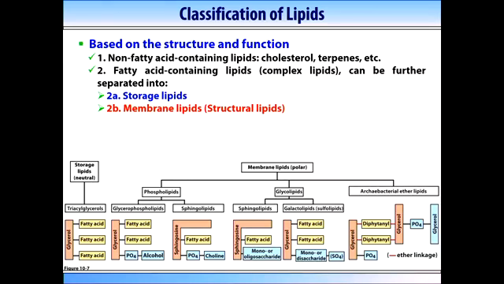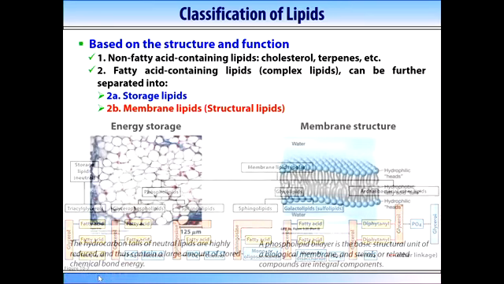We will first talk about the fatty acid containing lipids because they're the simplest from a chemical point of view. The storage lipids, in the classification here, are basically just this little group on the left-hand side, pretty much represented by triacylglycerols. The name comes from the fact that chemically they're just esters of glycerol, which is a triatomic alcohol, with three fatty acids. But before we talk about triacylglycerols, let's talk about the fatty acids themselves.